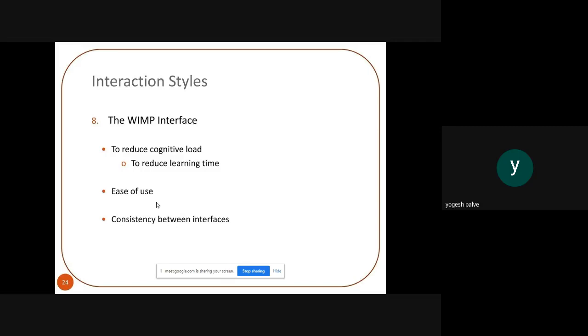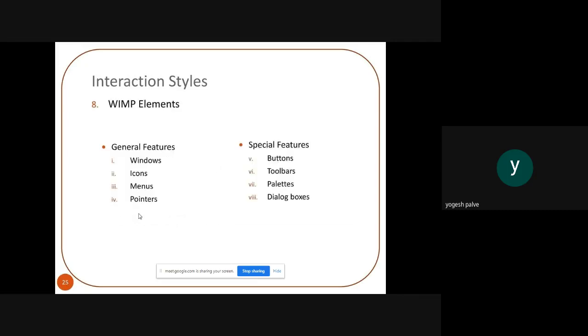The main challenge in front of the developer is to maintain consistency between the interfaces. Whenever we talk about the interaction style, the very needful and very challenging task we have as a developer is consistency between the interfaces.